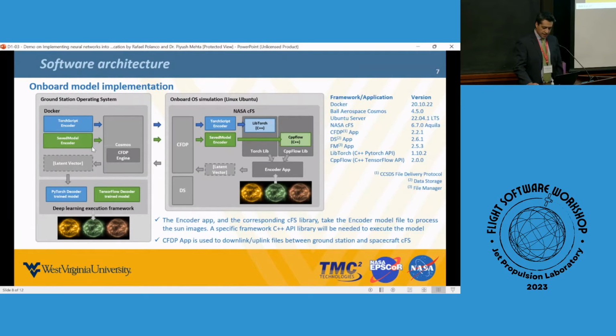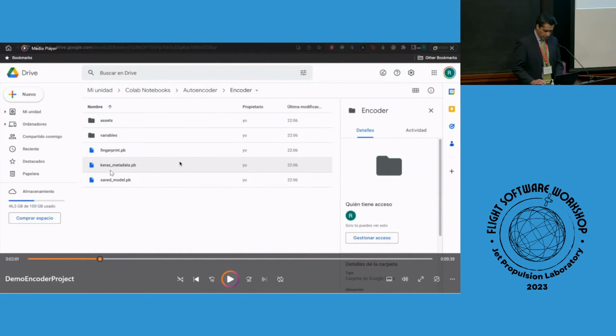And this script is available to run and to send to the spacecraft. So for example, I'm going to send this script to this implementation. And in order to do that, we need to have this script inside the Cosmos environment. So to do this, I'm going to copy